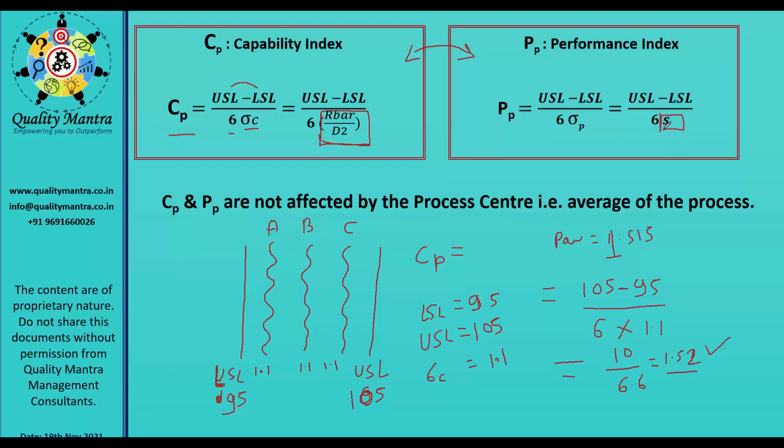What is the difference between this capability and performance? Capability और performance में क्या difference है? आप capable हो सकते हो, है ना? You are capable of scoring 95% marks. हो सकता है आप एक बार हो, दो बार कर लोगे. But if we check your performance, तो उसमें क्या होगा? हो सकता है कभी ups and downs भी आते हैं.